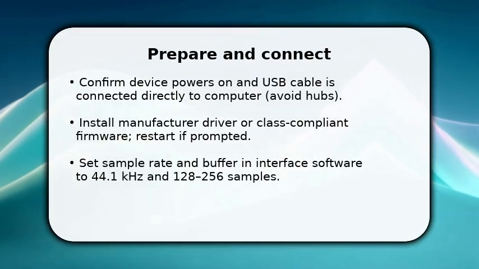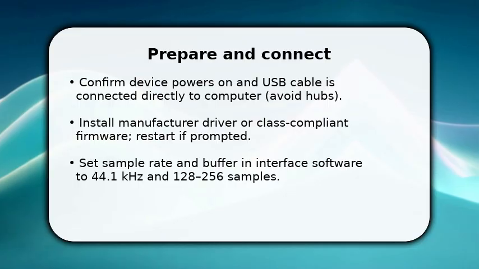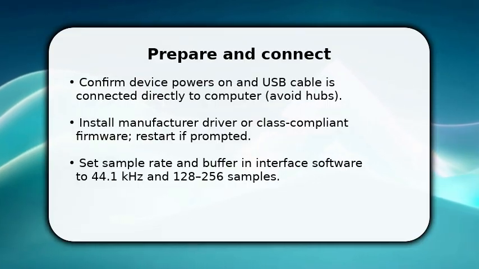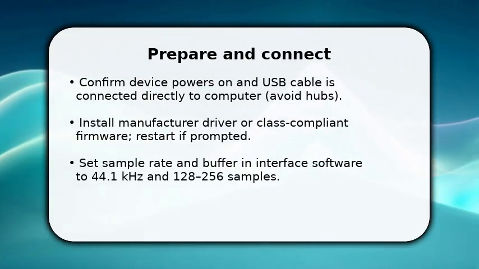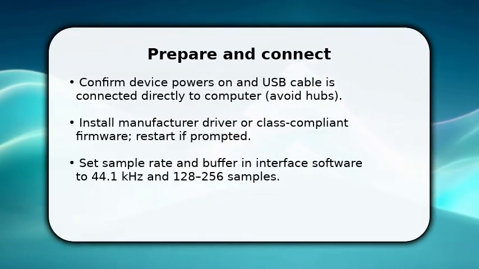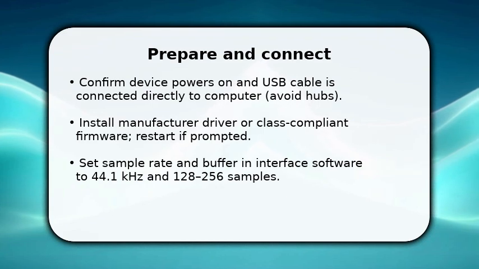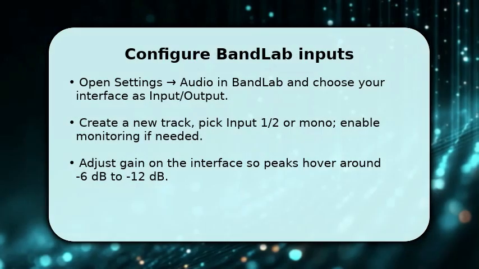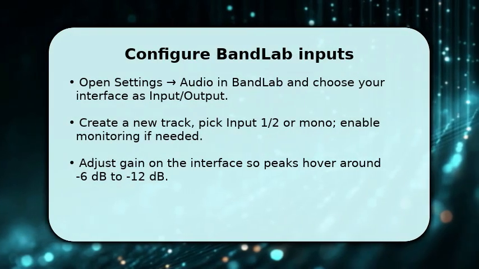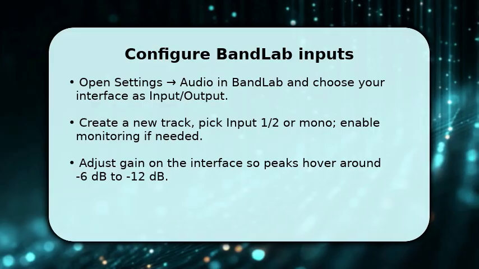Next, open the interface control panel and select a sensible sample rate like 44.1 kHz and a medium buffer size, 128 to 256 samples, to balance latency and stability. Now switch into Bandlab and set the interface as both input and output in Settings > Audio